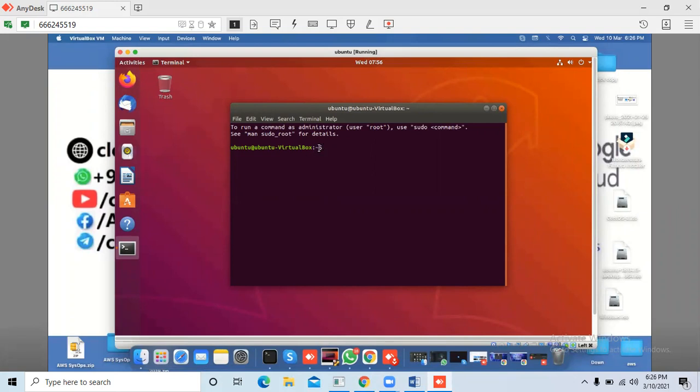The tilde sign means I am in my home directory. Ubuntu is my username, and this is my machine name, Ubuntu VirtualBox. So let's see. cat /etc/passwd.